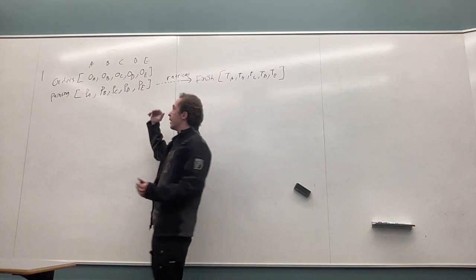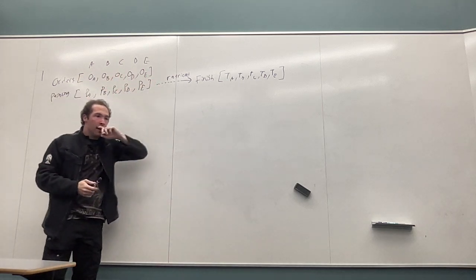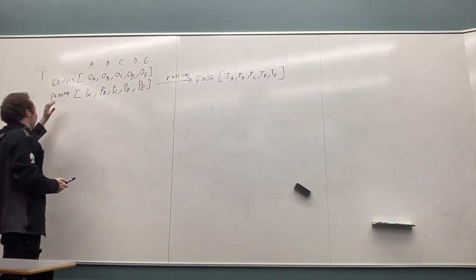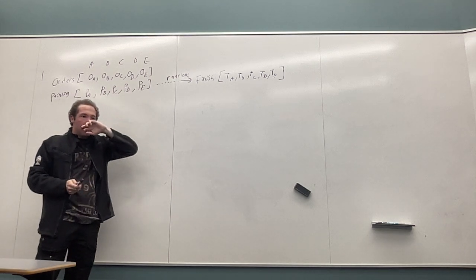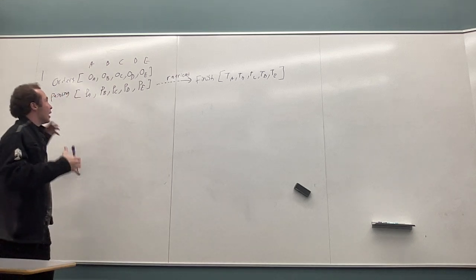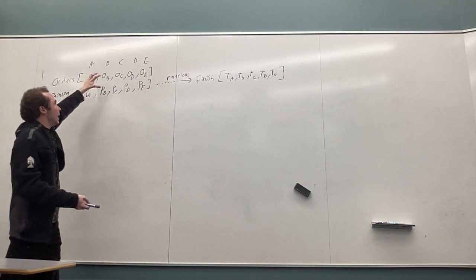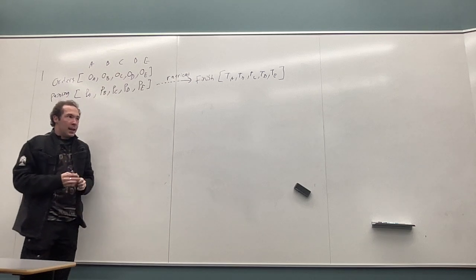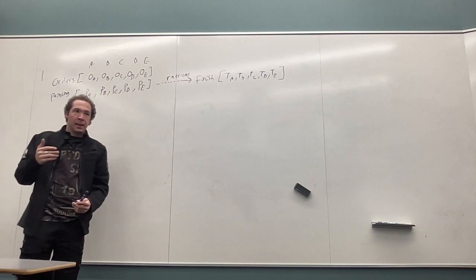We start with an orders list of order A, order B, order C, order D, order E, and a painting list of PA, PB, PC, PD, PE. What you can think about is that these are each in order for something. So maybe we have an A, a B, a C, a D, an E order. And what we want to do is process these orders with a couple